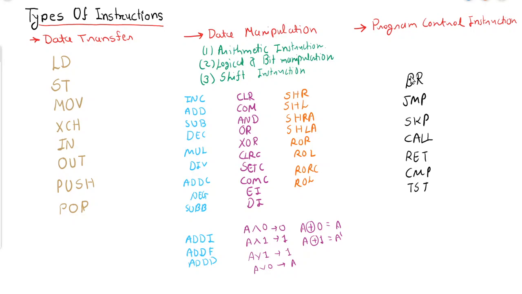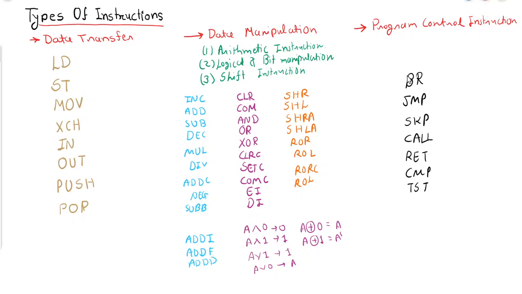In conditional branch or conditional jump, if the condition is true, then the branch will take place, meaning control will be transferred from one place to another place, and the program counter will be updated. If the condition is false, there will be no control transfer from one place to another, so the value of the program counter will not be updated.